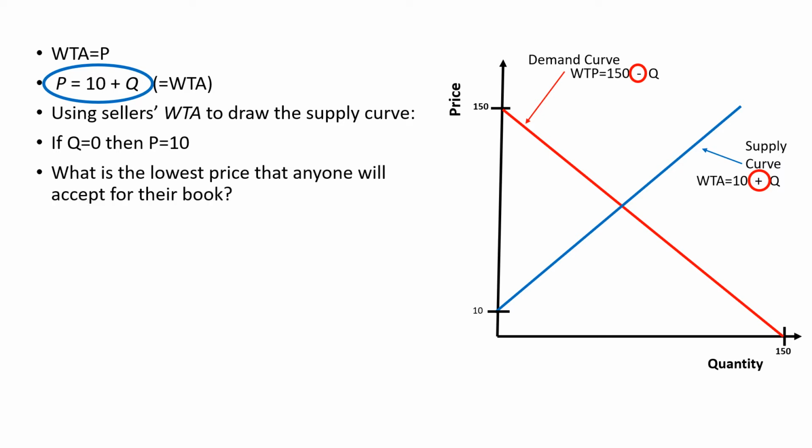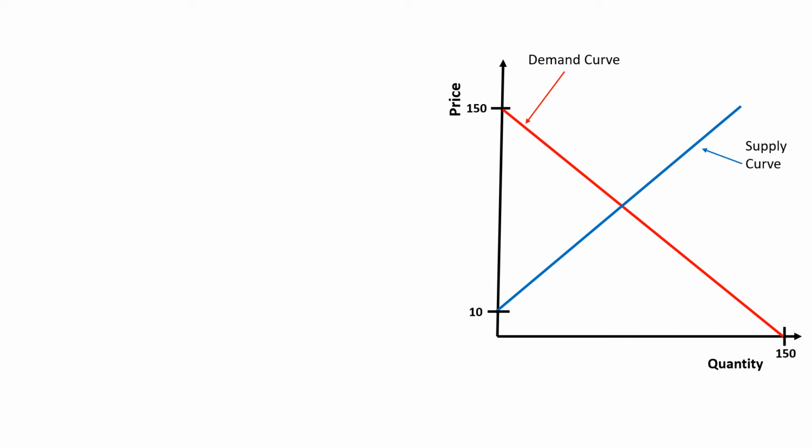Next, what is the lowest price that anyone will accept for their book? And by anyone in this particular case, we are talking about sellers. The lowest price can be found by asking the first seller how they would sell their first unit. So Q is equal to 1, inserting it back into the equation gives us a price of $11, and that's the lowest price that the seller, or any seller, will be willing to accept for their book. So from the analysis that we've done so far,